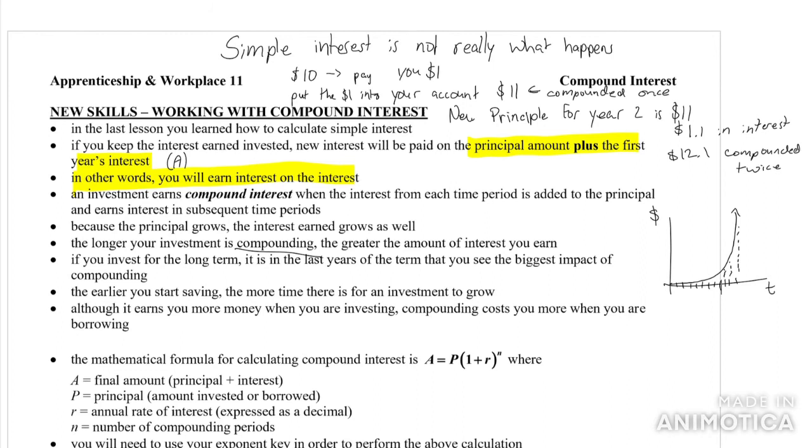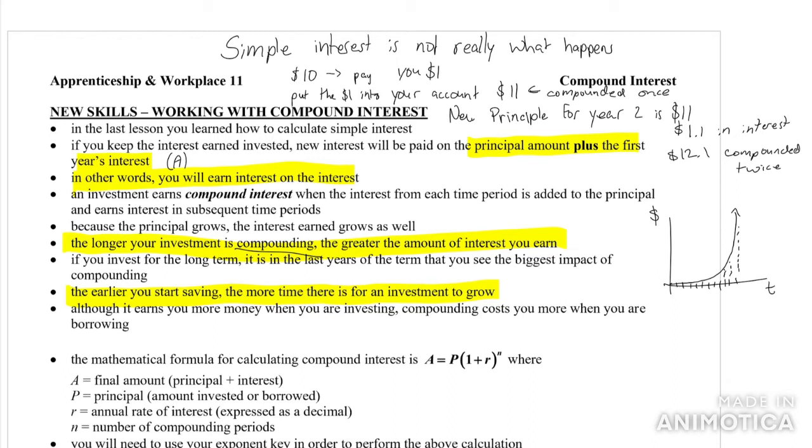All right, pretty good, eh? So eventually I'll use that as a little mini lesson to show just how close they were or far away. But the kind of idea is the longer something is invested, even if it's a small amount, will make a huge difference over time. So a bit of a life lesson: the longer the interest is compounding, the greater amount of interest you earn. And the earlier you start saving, the more time there is for an investment to grow. So even the difference of 1 year can make a huge difference.